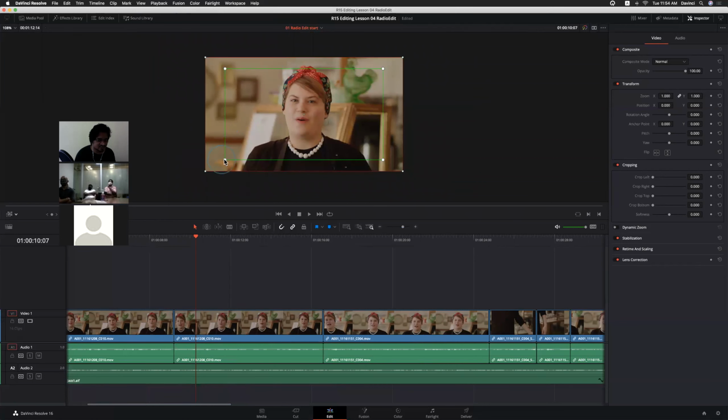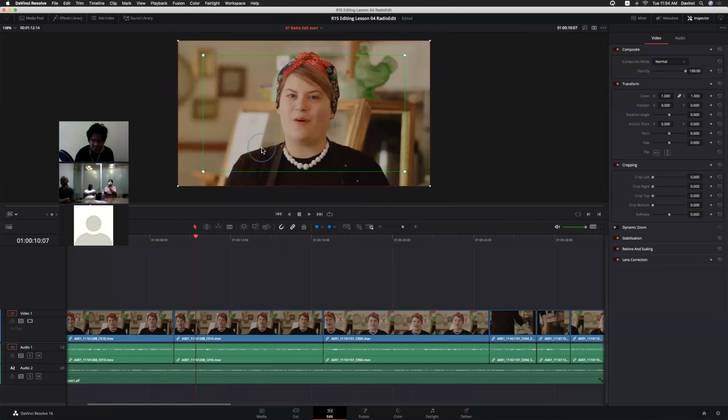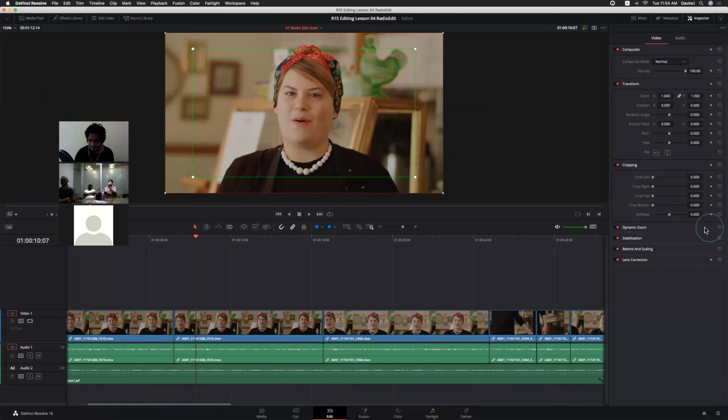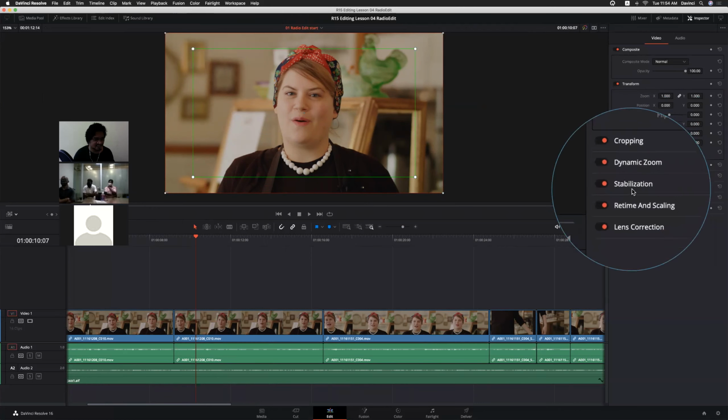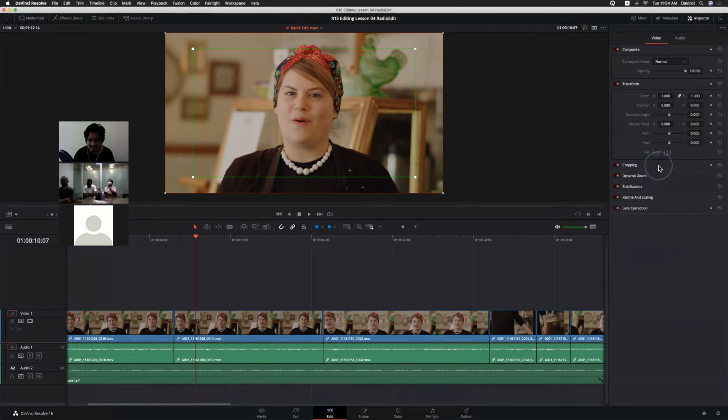You can adjust these two boxes. If you are not seeing these options like cropping, dynamic stabilization, just double click here. It will open those parameters or options, right?